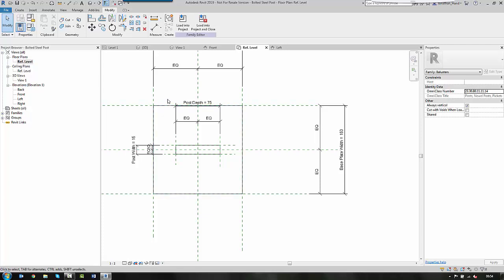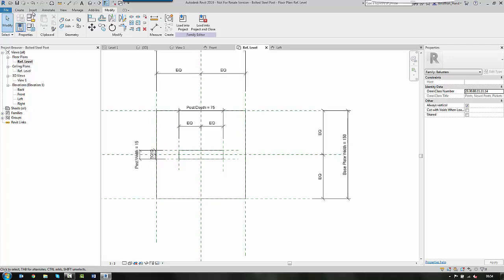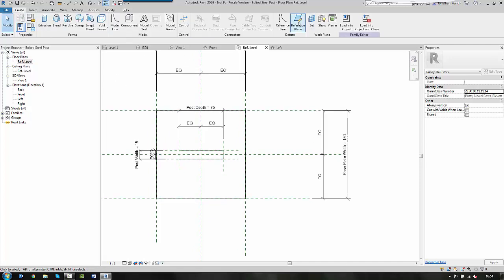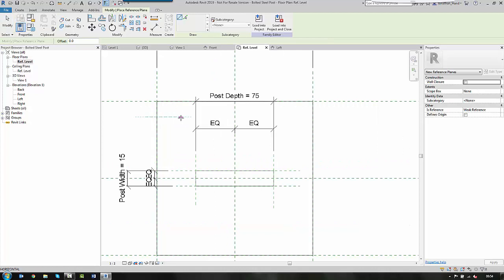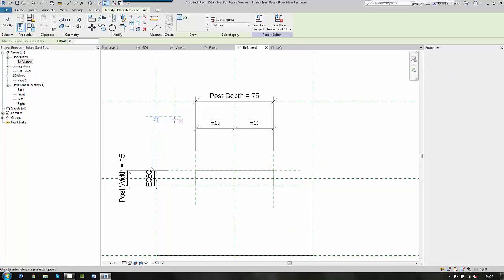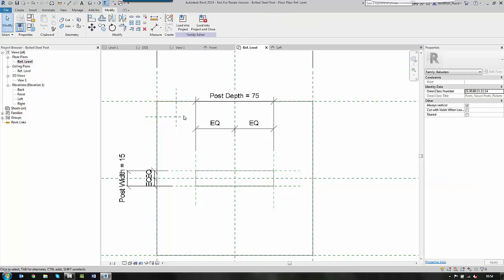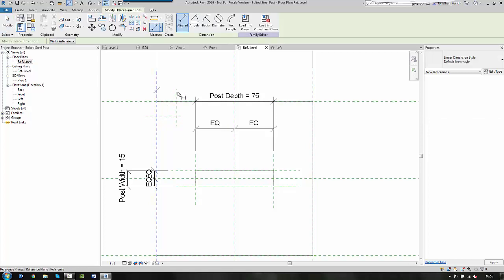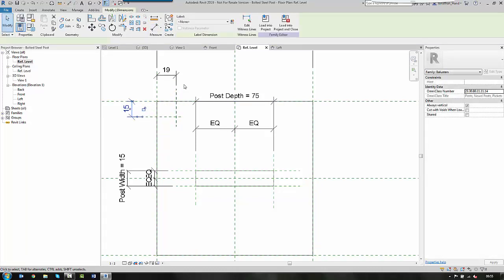So next I want to, just for representation purposes, show a little the head of the anchor as such in the base plate. So again, I'm going to go to create and a reference line, and I'm just going to draw some reference lines in here. So these are going to be used to position the anchor in relation to the outside of the base plate. I'm going to annotate them so I can actually control them with a dimension here and here, and then I'm going to select both,